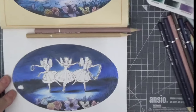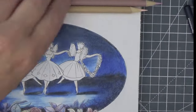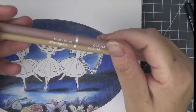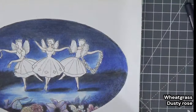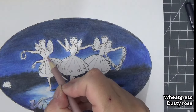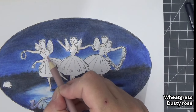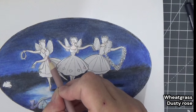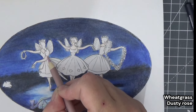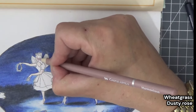Okay, right, let's have a go at this. I'm going to bring you in as close as I can without it going all blurry. So for the skin, I've got the wheatgrass that we used originally, and I've got the dusty rose. So I'm going to do the underneath of these little arms with this dusty rose, just to give them that bit more of a pink hue. It's a beautiful, beautiful colour. And on the faces,